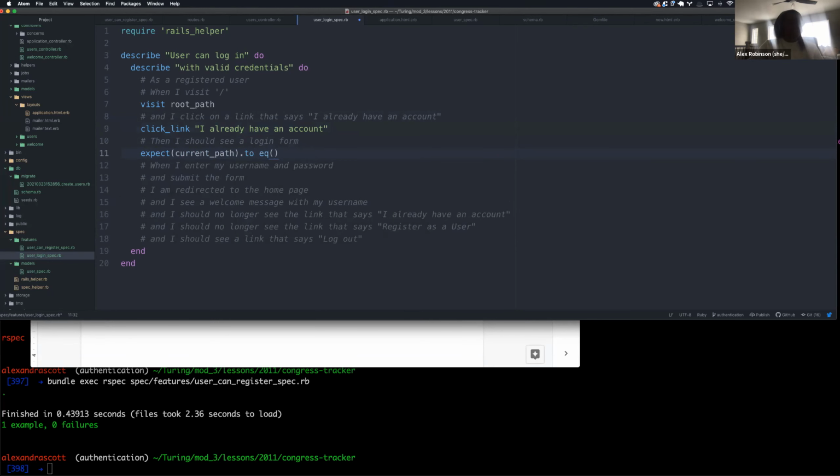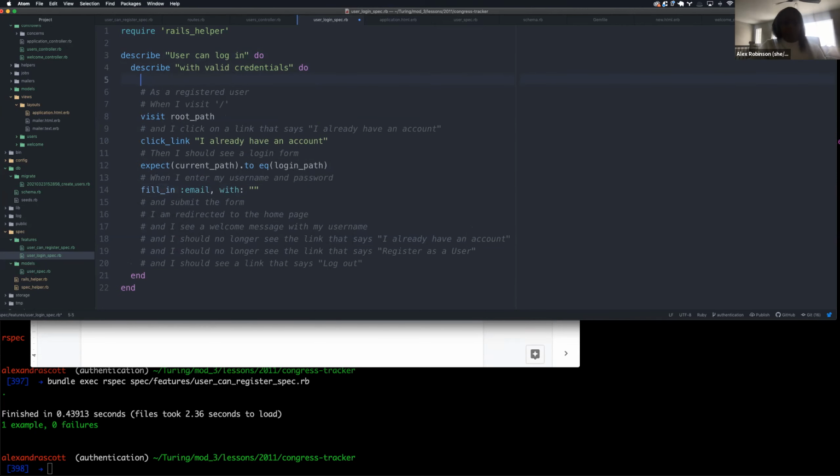So we're going to call this login path. And then I'm going to enter my email and my password. So fill in email with, and here I'm actually going to need to create a user at the beginning of my test,